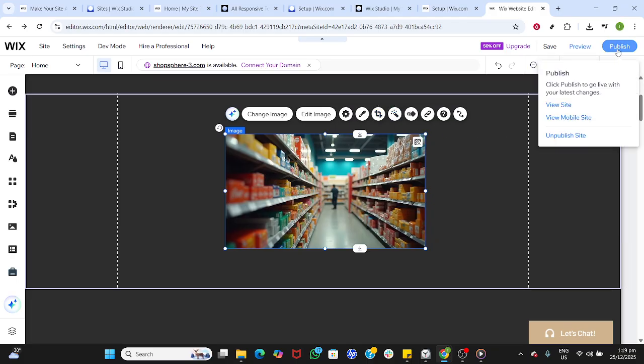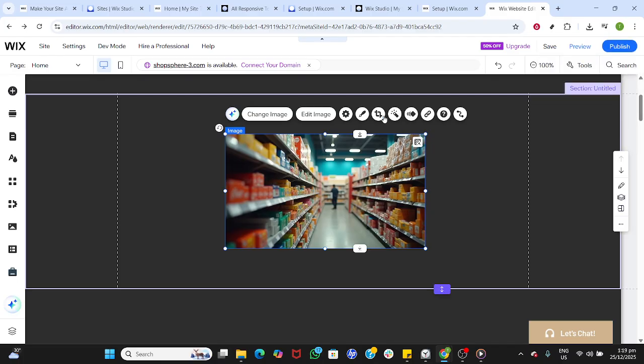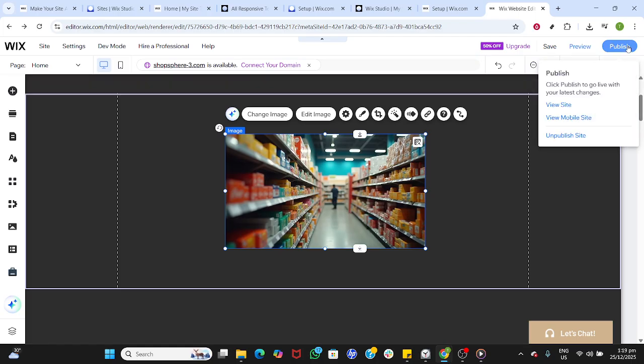When you're happy with the result, click Apply in the image editor to confirm your changes and return to the canvas. That's it. Your image is now resized in Wix, and your page will reflect the updated dimensions while